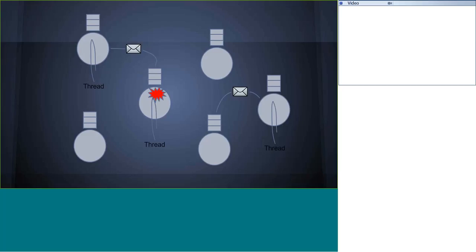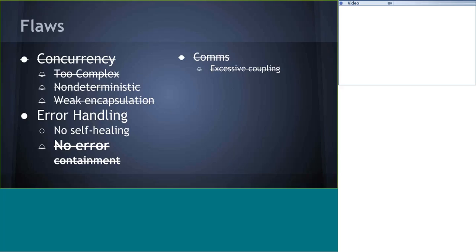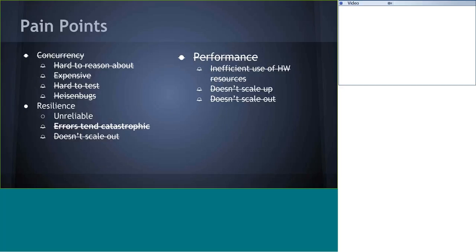And it's a powerful abstraction because the runtime is managing all your threads, so it can build in these default mechanisms to handle these errors and let you deal with them, as opposed to forcing you to think about your strategy for dealing with this in a multi-threaded environment, or in the old model of doing things. So now we have error containment, and errors aren't catastrophic anymore. They're only ever going to affect one actor in your system.